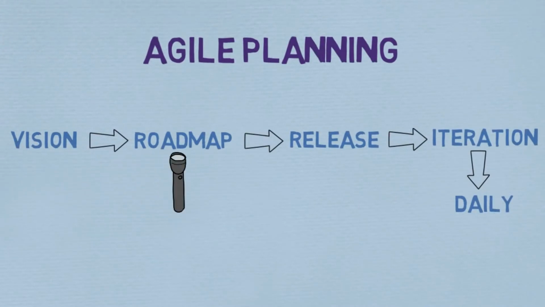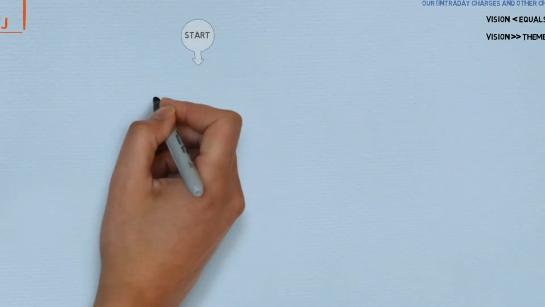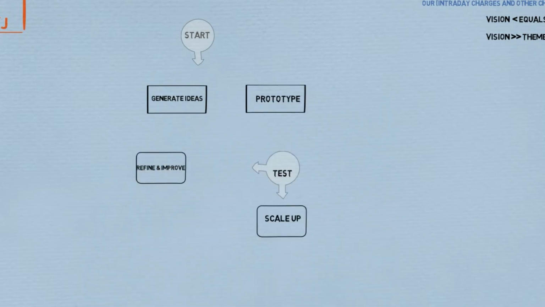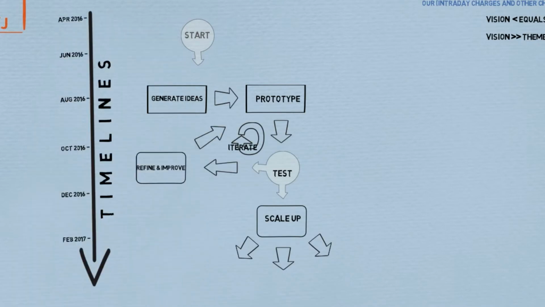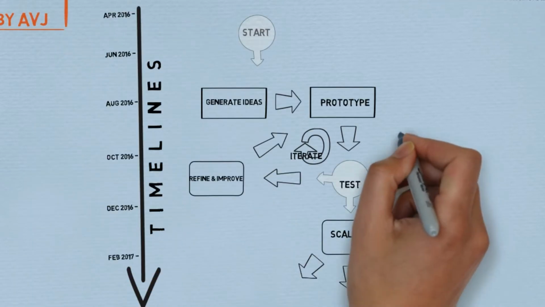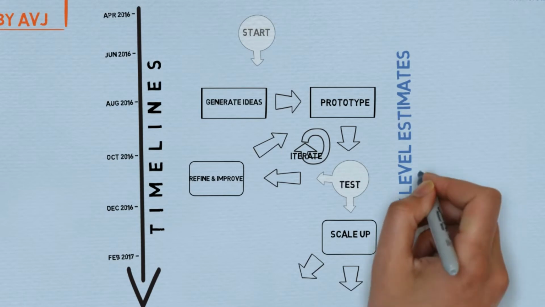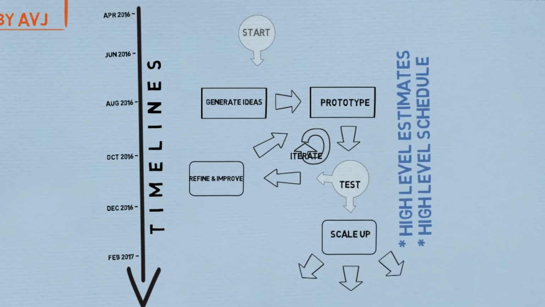Let's move to roadmap. A step-by-step pictorial implementation of achieving your vision or goal presented on a timeline is a roadmap. To define a roadmap, you should have high-level estimates of these user stories, which is achieved by setting up those estimations in an estimation workshop. We'll talk about this estimation workshop in another video. Okay. And once these estimations are done, we could have a high-level schedule, which is defined and projected.